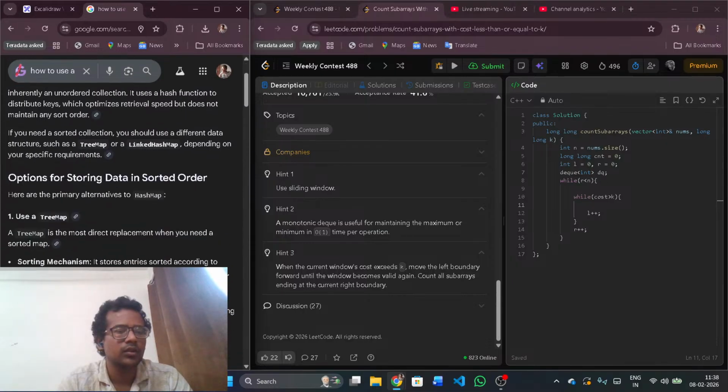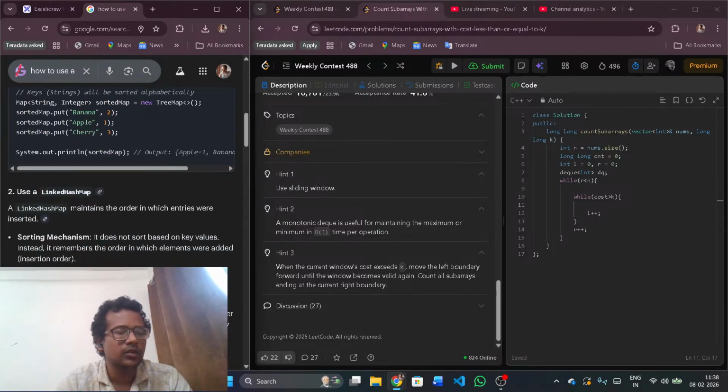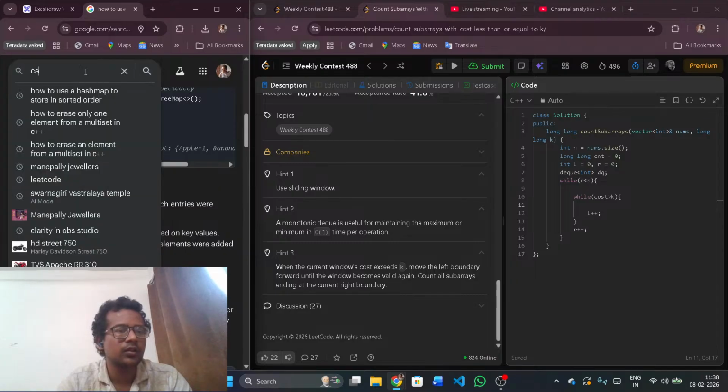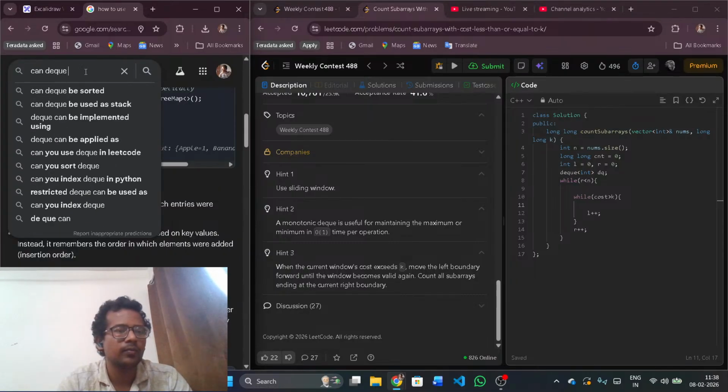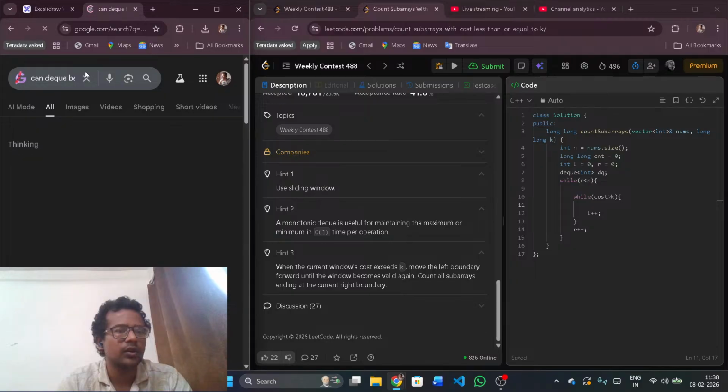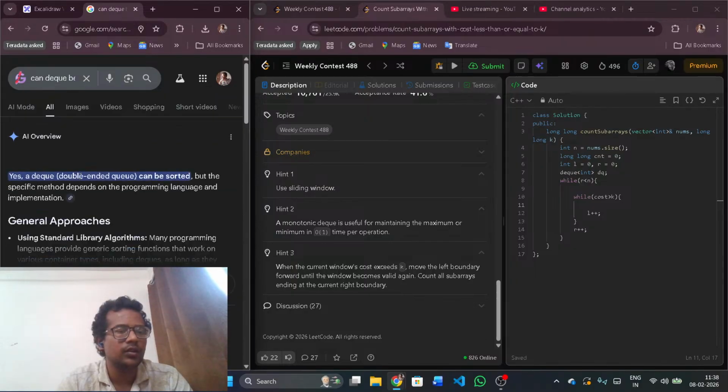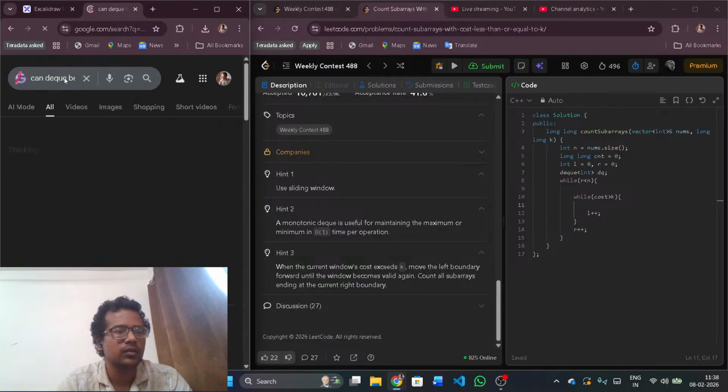Sorted, because it's a tree map. Can a deque be sorted? Yes, a deque can be sorted, but this will